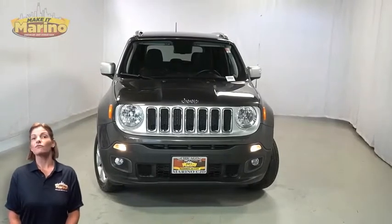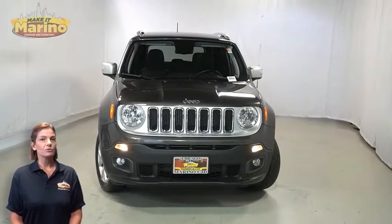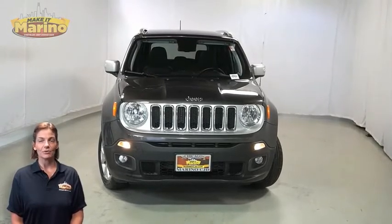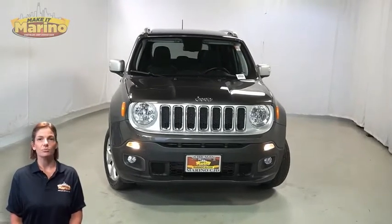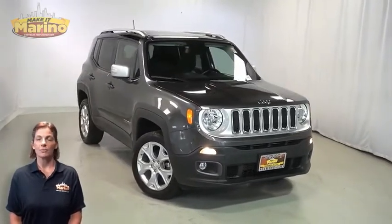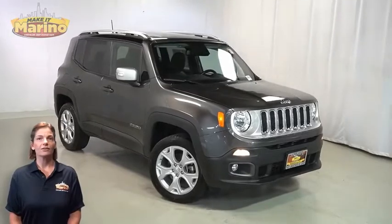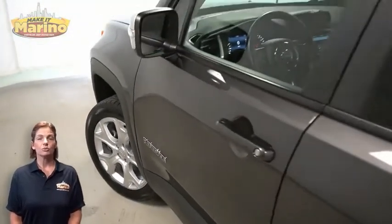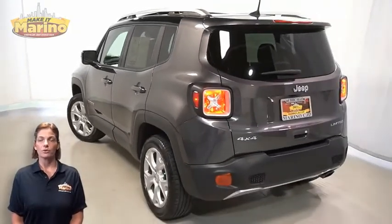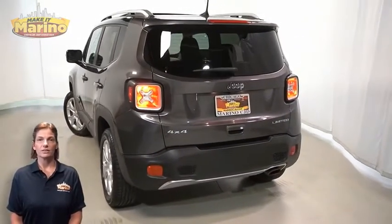If you're looking for a functional compact SUV with reliability and safety for the whole family, then take a look at this certified pre-owned 2018 Jeep Renegade Limited in granite crystal metallic. With automatic headlamps, front fog lamps, 18-inch aluminum wheels, power heated mirrors, rear window wiper and washer, bright exhaust tip,